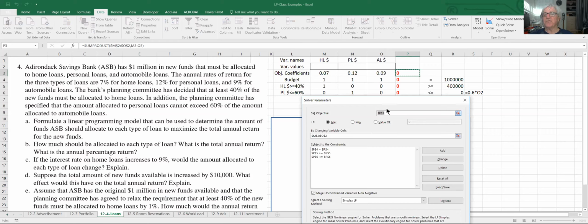So P3 is here. P3 is the objective value representing the annual return, dollar value of the return. It's a maximization. The variables are M2 to O2, so it's here. And the constraints have been entered as we did before. When solved,